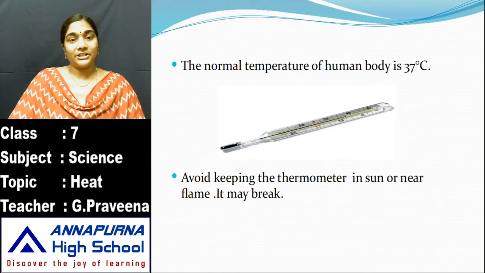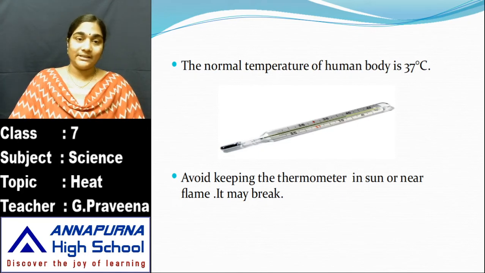It is the temperature which is gathered from a few healthy adult persons, so that the normal temperature that exists among these healthy persons is 37. So we generally say that it is 37 degrees Celsius. It might be slightly higher, or it may be slightly lower, it doesn't matter. But the temperature will never go below 35 degrees centigrade, or exceed 42 degrees centigrade. So the marking on this thermometer will be from 35 to 42 degrees Celsius. The normal temperature of the human body is 37 degrees Celsius.